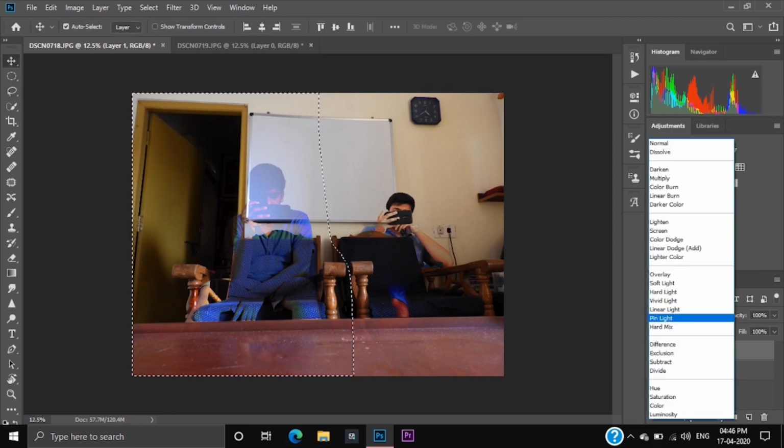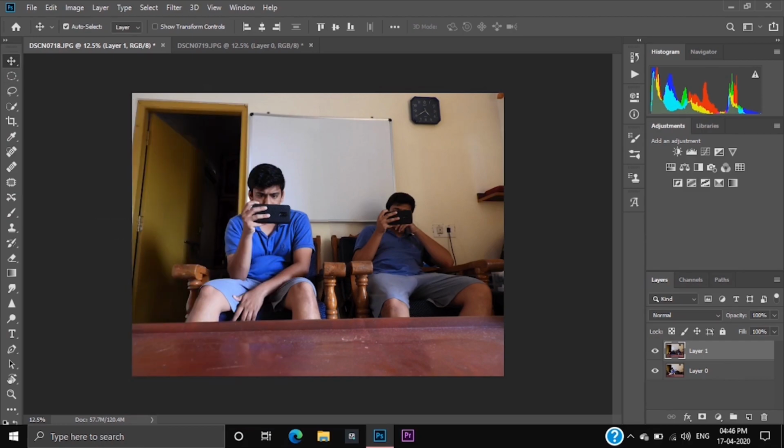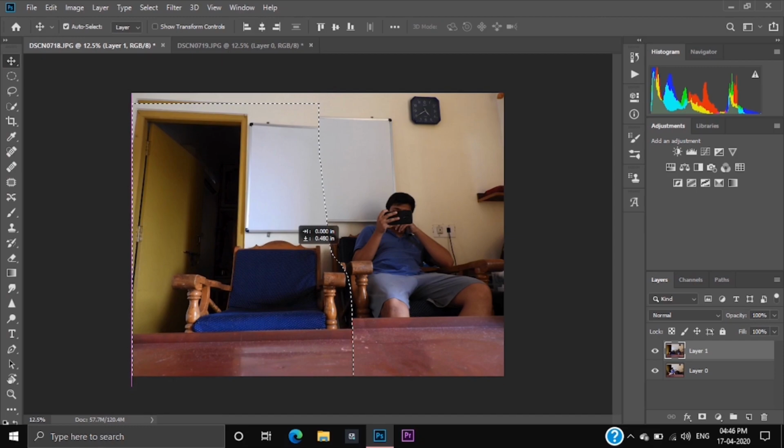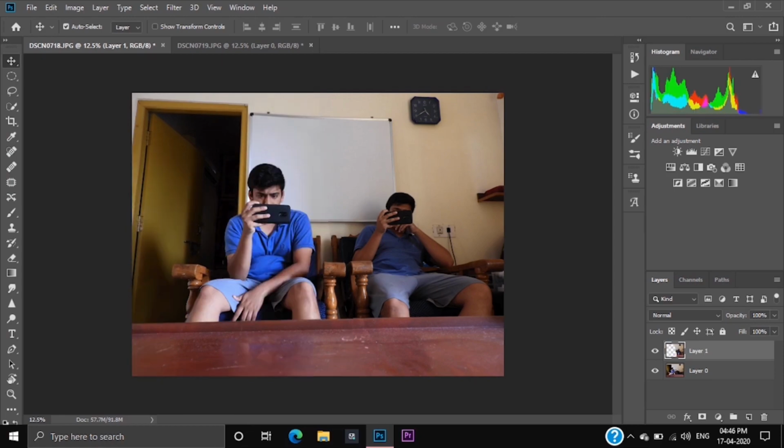Go to the move tool and press enter, and keep that adjustment layer on normal once again. Then remove it. You can drag it with your mouse, or just delete it by selecting it. There we go, I have deleted the first layer. Now it looks like two persons are sitting together, the same person but two members. This is how you do it. Merge this layer into one, go to Filter, Camera Raw Filter, and do your adjustments accordingly.